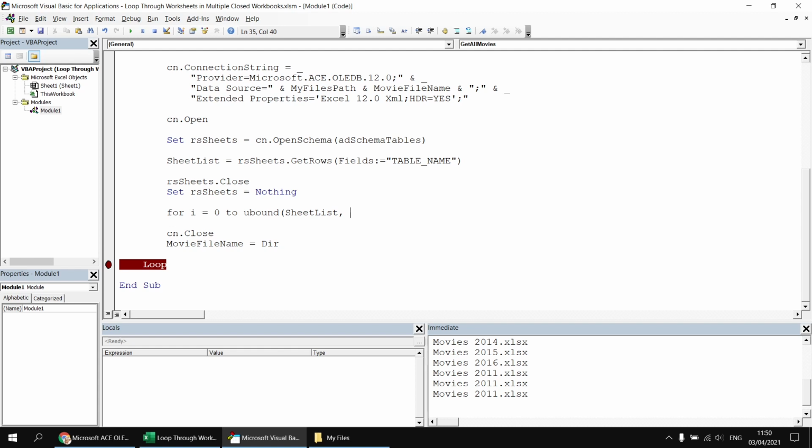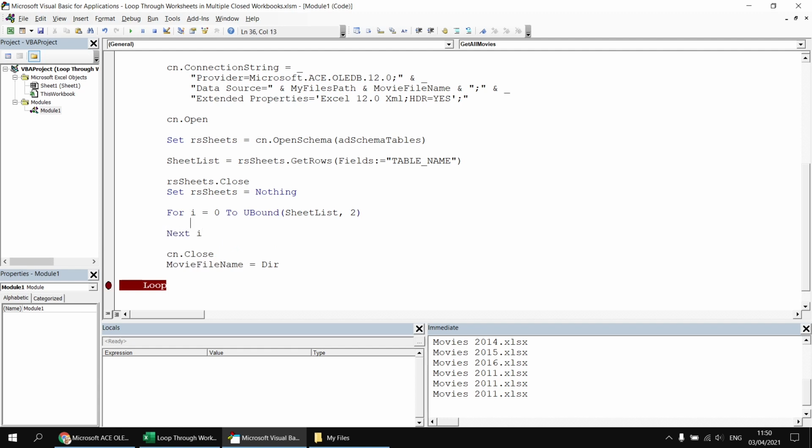Now, slightly confusingly, although the individual elements in the array are numbered from 0 by default, the dimensions of the array for the UBound function are numbered from 1. So we're interested in the second dimension, which means we need to put in the number 2. And if we then close the round brackets at that point, provide a couple of blank lines and then say Next i,